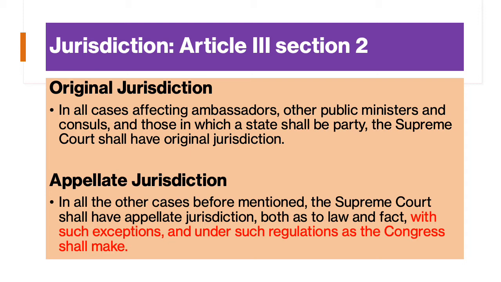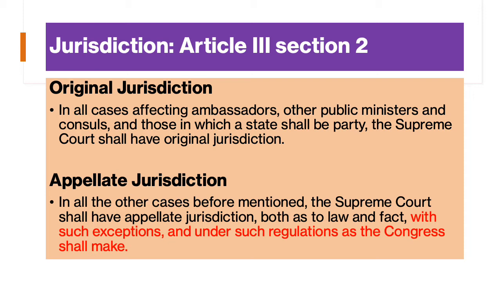It then goes on to say that in all cases affecting ambassadors, other public ministers and consuls, and those in which a state shall be party, the Supreme Court shall have original jurisdiction. It can hear it for the first time. Obviously, there are not a lot of times when the Supreme Court can actually conduct a trial, hear a case